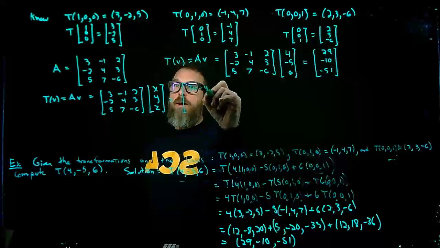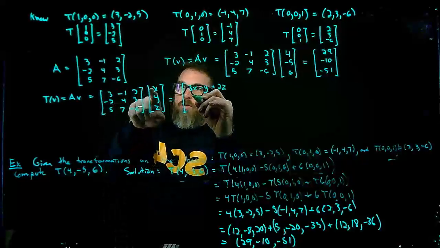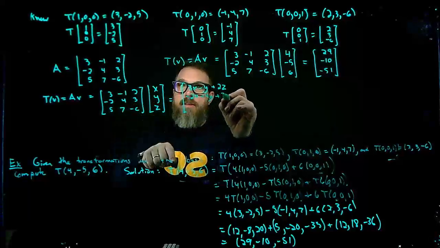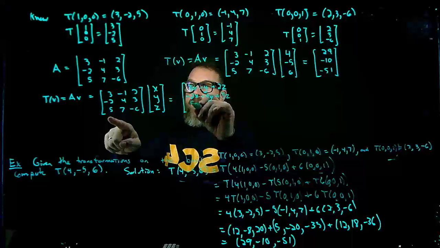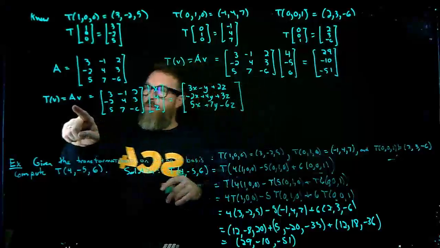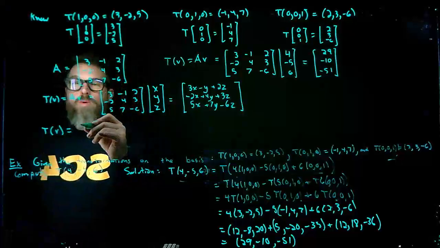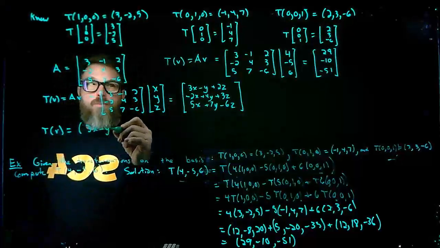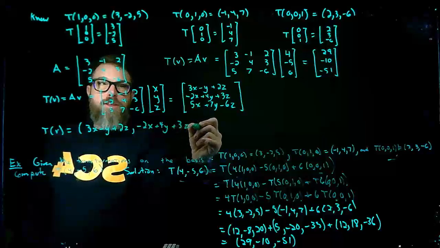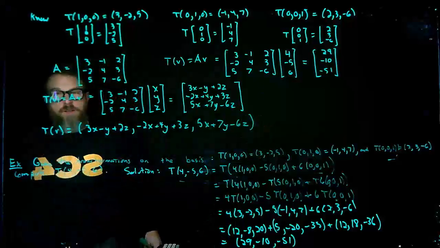So when I multiply this across, what I can see is that we're going to get this matrix. It's going to be 3x minus y plus 2z. That's just first row, first column. Then minus 2x, 4y, and then 3z. And then finally, we're going to have 5x plus 7y minus 6z. And if I want to write it in transformation form, as opposed to matrix multiplication, we can just simply write it as its components. So the first component being that first piece, second component being this second piece, and then the third component being this last piece. Which works really nicely when you're going from your